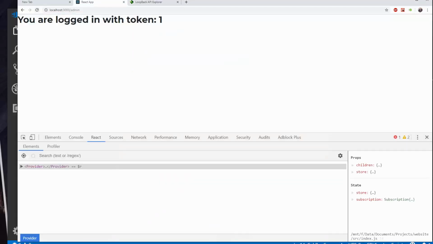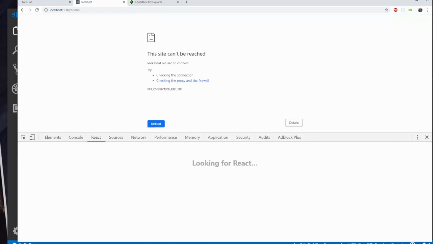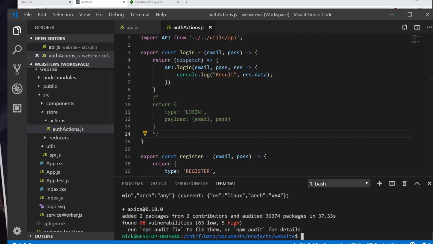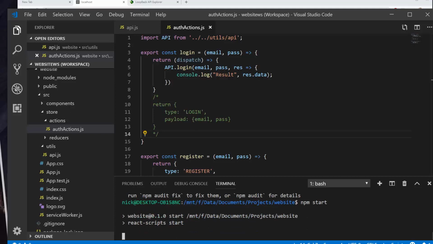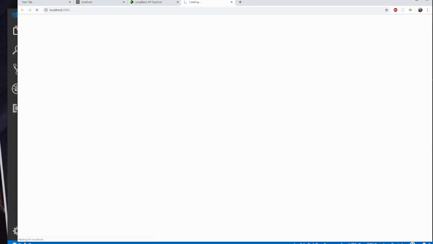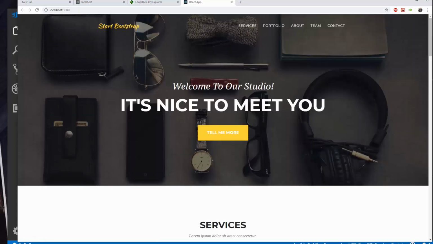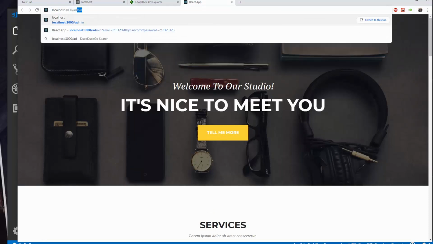Now we're going to go into our application. I'm going to refresh this. And we need to run npm start, because I forgot when I installed Axios there. And then the app is going to start up here, and we should be good to go. So if I go to /admin,